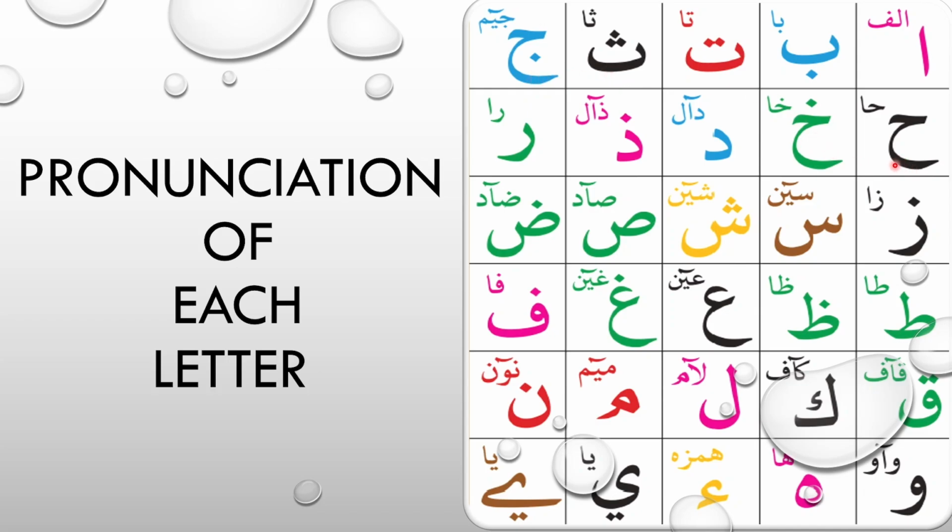Ha. Now with this letter, there's also another letter which is ha. So we have to make sure that ha and ha are differentiated. So ha is basically pronounced from the center of your throat. If you touch your throat, you would feel ha, ha. So you have to practice this word. Then we have kha,